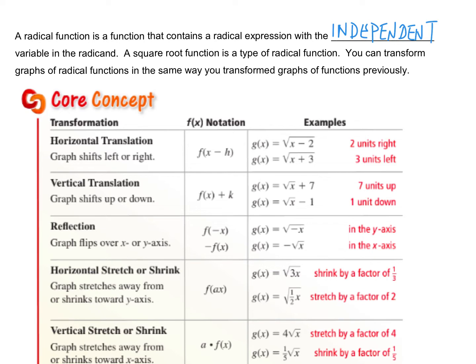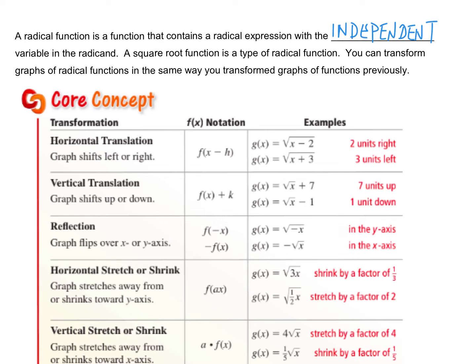A radical function is a function that contains a radical expression with the independent variable in the radicand. So that sounds pretty fancy, but basically a square root function is a type of radical function. So it doesn't have to be square roots, and we're going to see some of that in our next section. We can have cube roots, we can have fourth roots that are functions. So a radical function is any kind of a function that has a radical expression with the independent variable inside